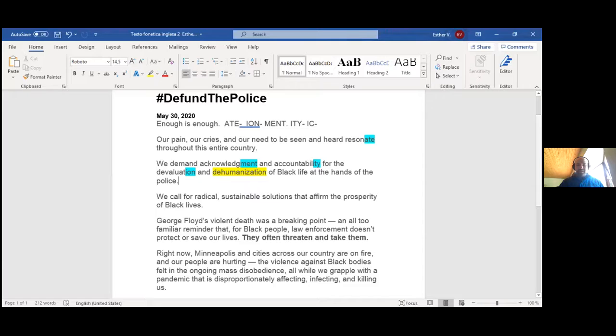For example, the first one, resonate, the primary stress would be placed on the first syllable in that particular word. In the case of the second one, acknowledgement,